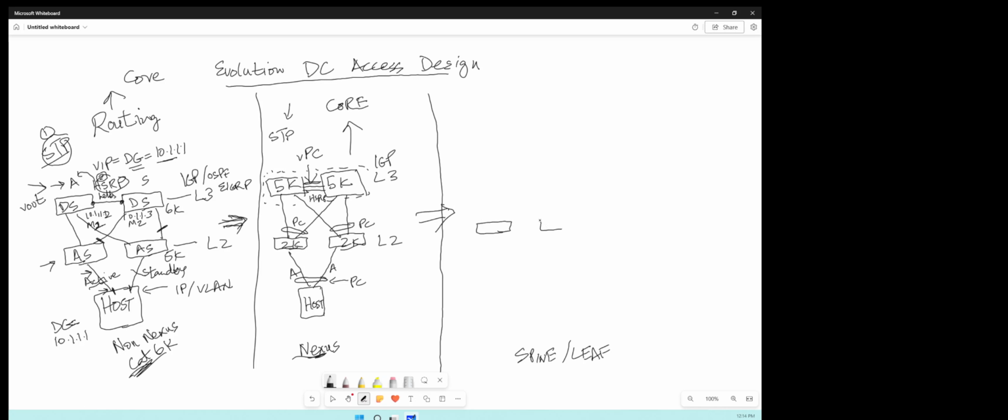So here's your access switch. Your access layer switches, instead of L2, become L3. And then your distribution stays L3 as well. But then your question becomes, how do you trunk? Because here you're trunking. This is your trunk. Your VLANs are trunking. So in spine leaf,